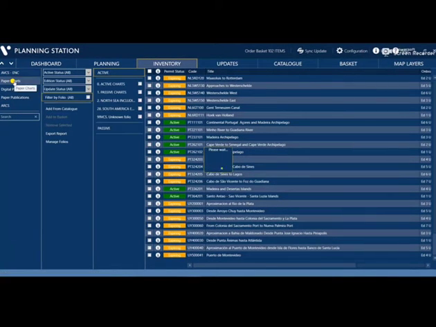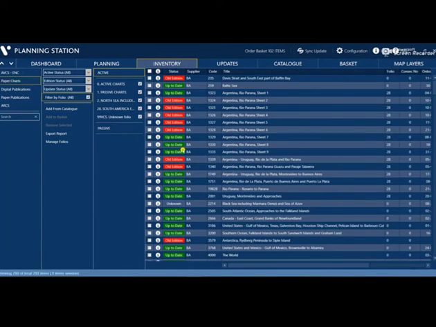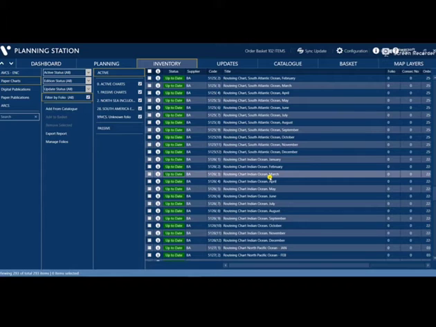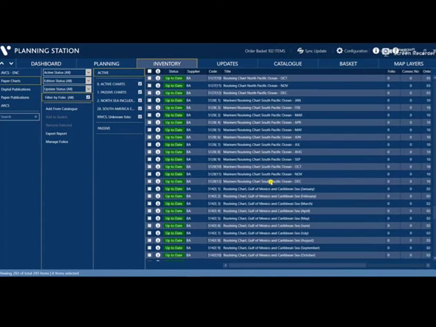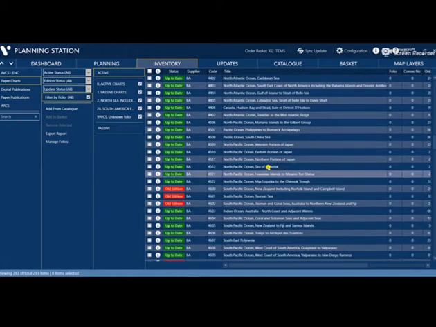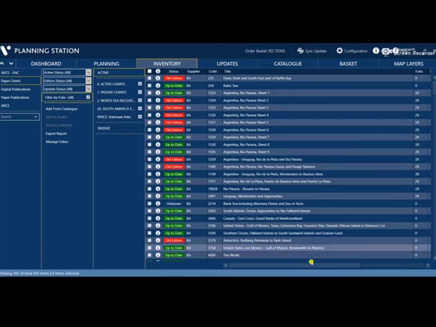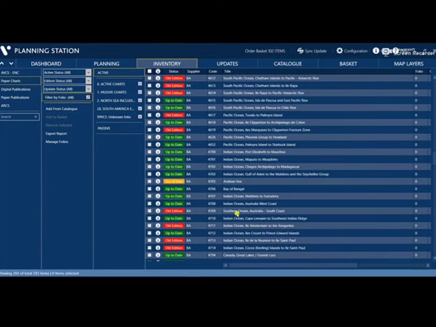This is my paper chart, and even though I am full Eclipse, I still have paper charts for planning and for reference. Also, I can use this for safe anchoring when both Eclipse fail, provided that it is maintained up to date. You can see the status here, up to date, if the correction is maintained up to date, and it also shows old edition if this chart has a new edition.